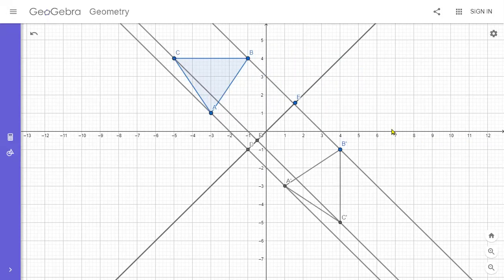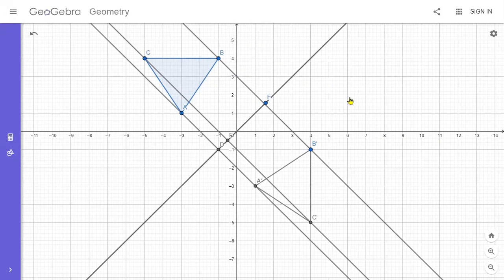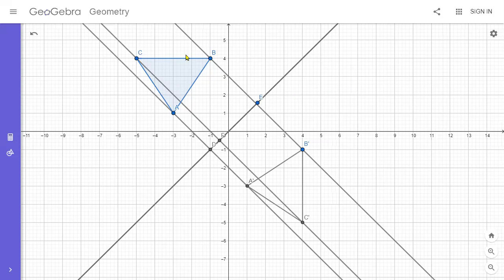This is the final drawing. Here we have finally reflected this object, triangle ABC, by the y equals x mirror, and the image is formed here: A prime, B prime and C prime. This is just the image, and by the reflection the object distance and the image distance from this mirror are equal. In our next video we will discuss more about such types of drawings.